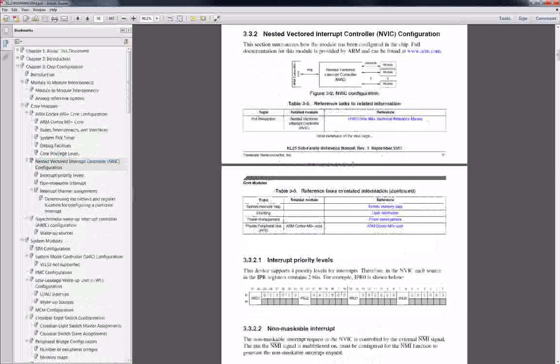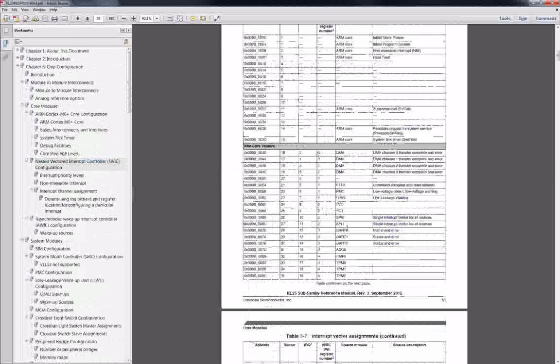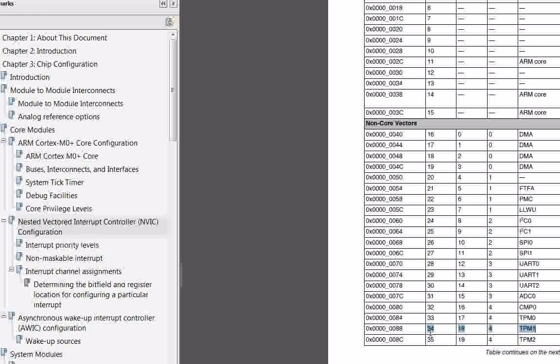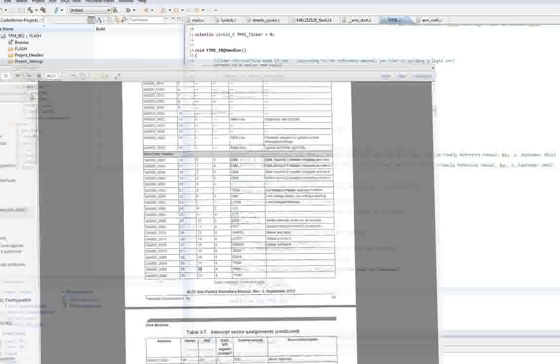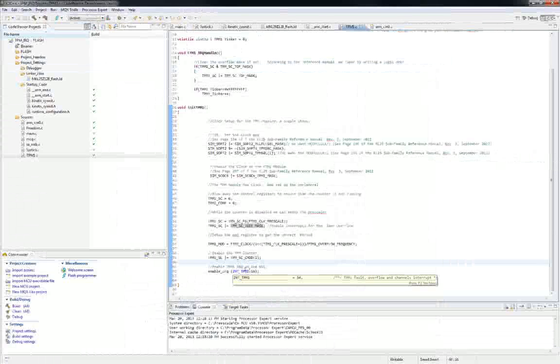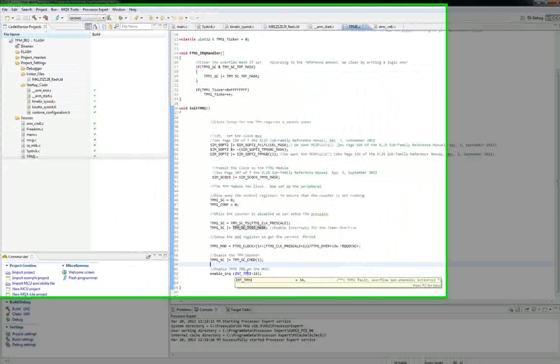And I find the interrupt controller TPM1. TPM1, its vector number is 34. That's the table entry, but the IRQ number, because we don't count the first 16, is the number 18. So I could have just gone in here and typed 18. But one thing, the